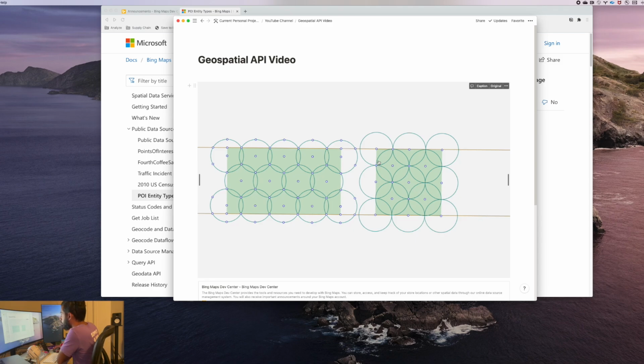Basically, I would start at the upper left corner, and then go 2 radii out, and I could create another circle there. So I would send a GET request at this longitude and latitude, and then a GET request at the next longitude and latitude, all the way till the end of the square that I'm looking at. Then I would go all the way back to the beginning, and go down 1 radius and over 1 radius, and that would be the next one,